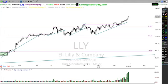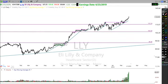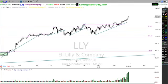But there's my point. Good, an old, boring company. Not in the news. Never in the news, except earnings days. And massive potential returns in a trade. Okay? Massive potential returns in a trade. And if you want to trade this with options,